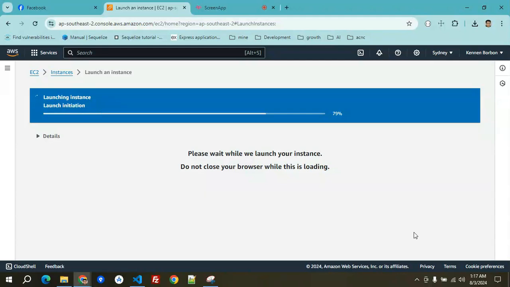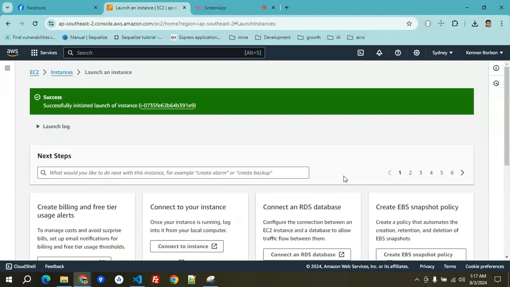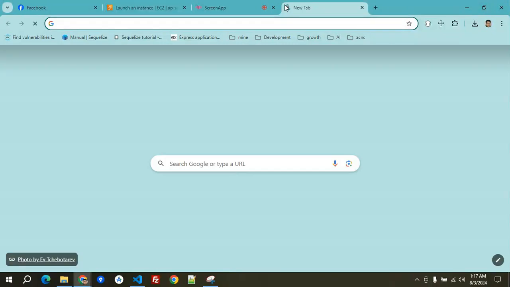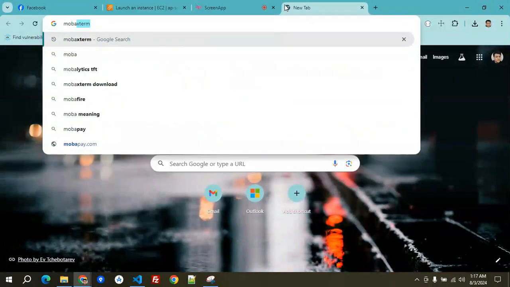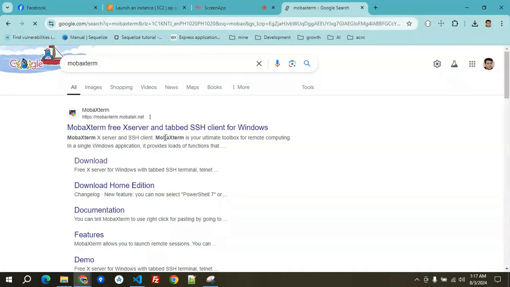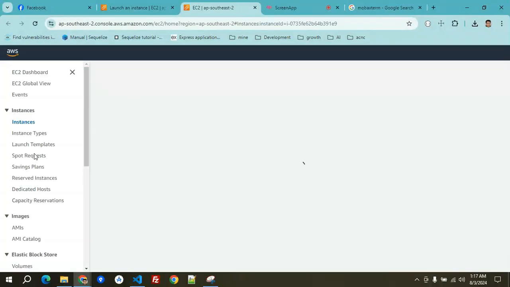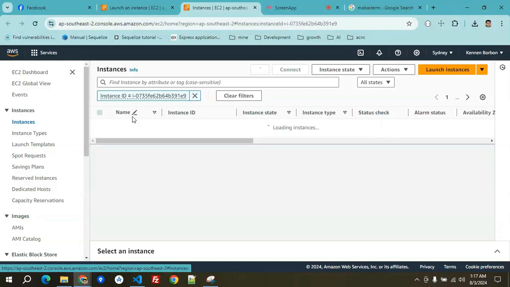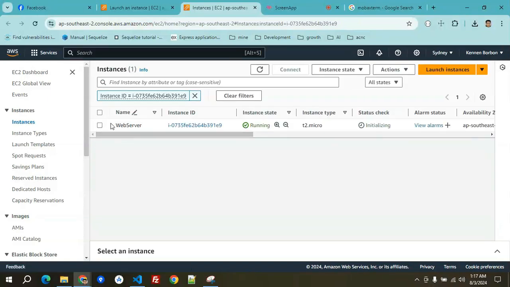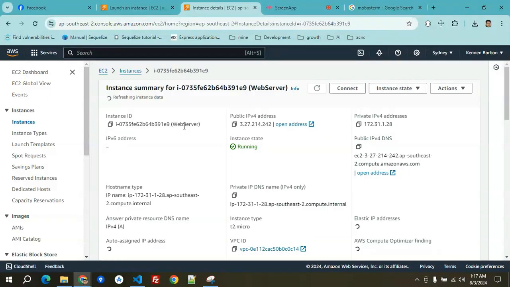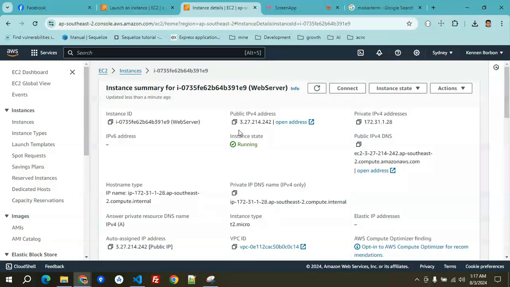While waiting for our instance to be successfully created, you need to download MobaXterm, which is an X server and its client, to be able to access your virtual private server. So now let's go first to our instances, and we have the name web server. Click on the ID, and here you'll be able to see the IPv4 address.